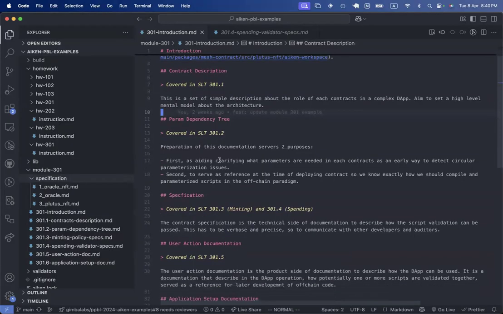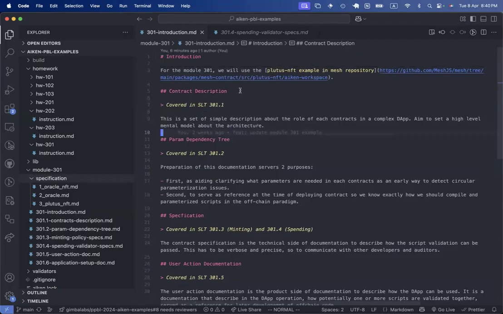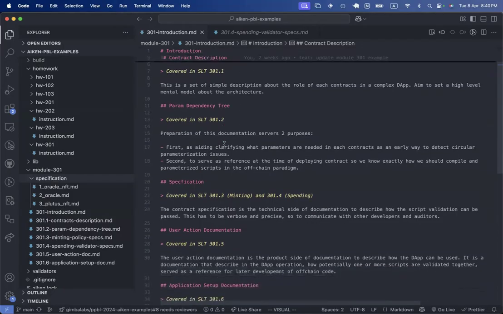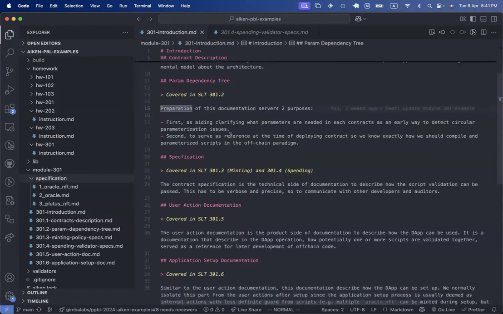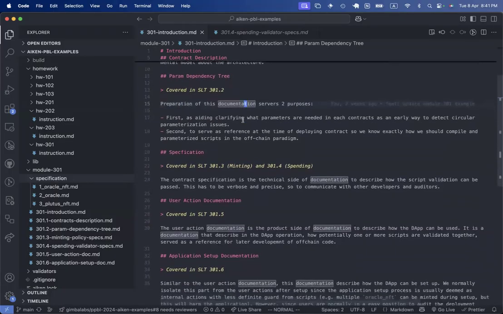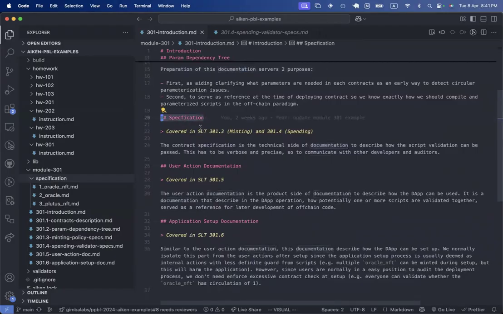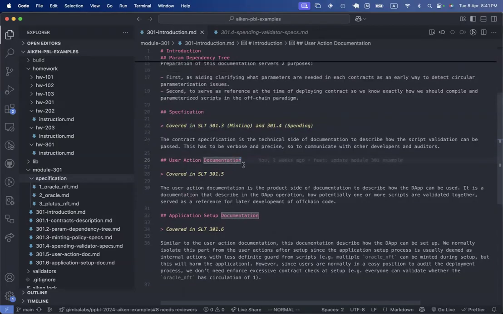About the table of contents of today: first of all, I will cover a little bit what this set of contracts is doing, what the aim of it is, and what the expected outcome of having a Plutus NFT project is. And then I will try to cover every single step by step. After that, I will walk through what a program dependency tree is, and then go into how we can write contract specifications, in particular a minting one and also a spending one. And after having the specification, I will walk through